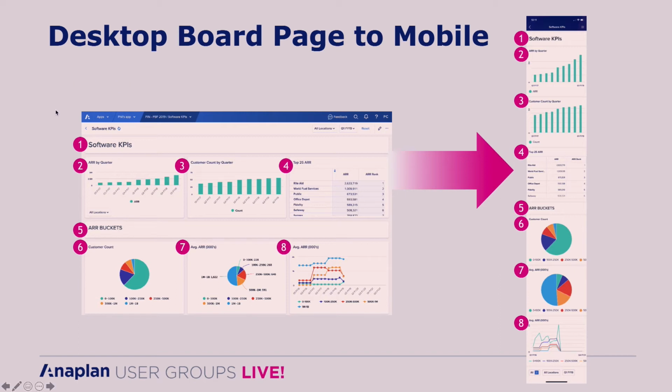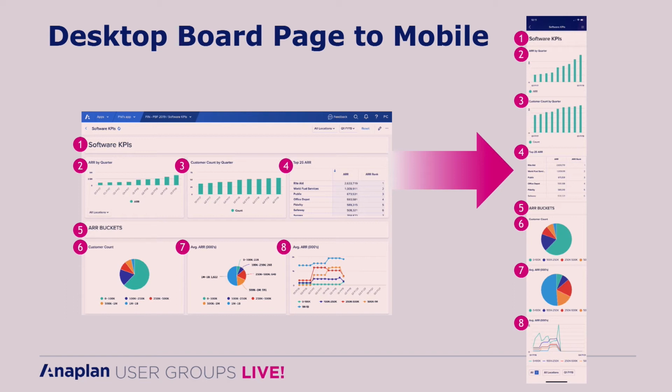And as you can see here, the numbers correspond to those cards on the web that then transfer into that vertical listing on our mobile app, which we can then scroll through. So if you look at it on the web, it goes from top to bottom and left to right in a row format. And that's how it appears on the mobile device, where you can scroll vertically